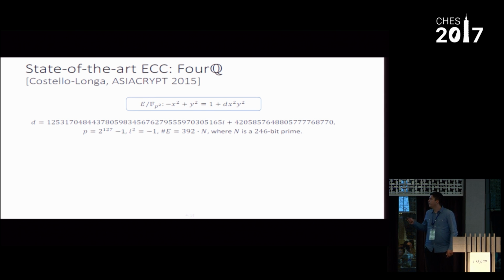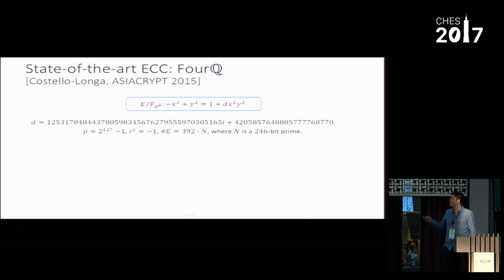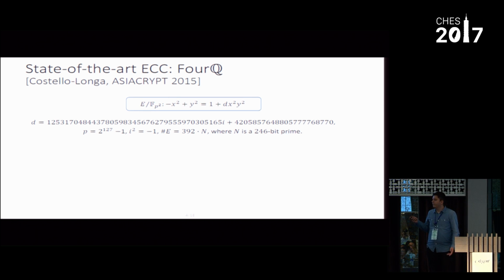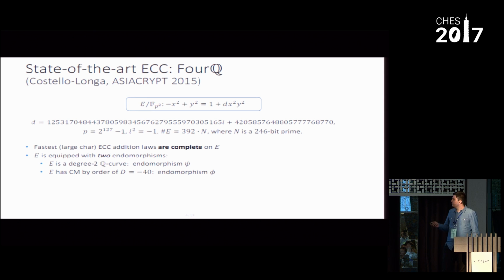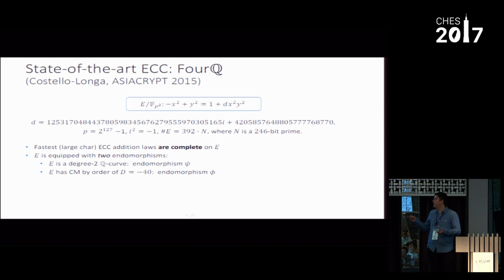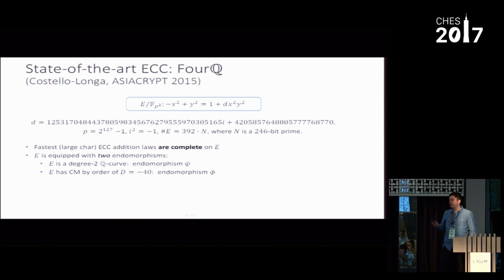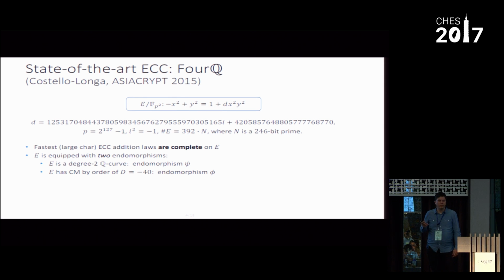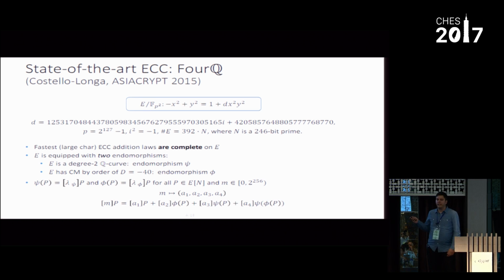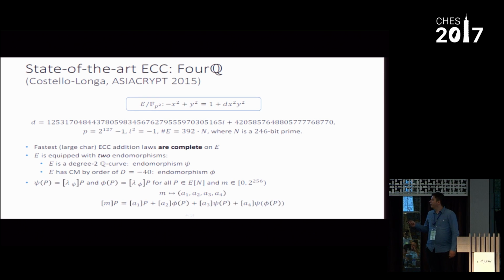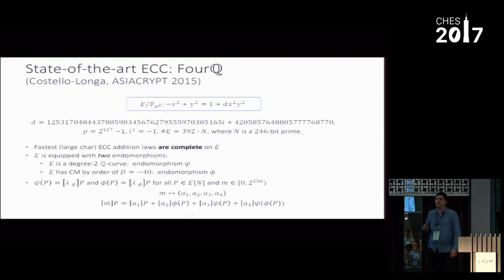So usually we work with a prime order subgroup of order N. There's always a cofactor, and in this case, the cofactor is 392. And this curve, as I said, is under the twisted Edwards model, which provides complete formulas. There is a special feature for this curve, which is that it is endowed with 2 efficient endomorphisms, psi and phi. There are 2 techniques that allowed it to come up with these 2 endomorphisms. And having these 2 endomorphisms allows you to compute multiples of points faster.